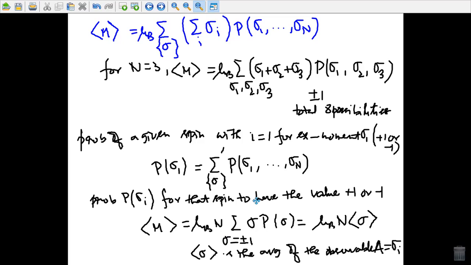Of course all the moments are equivalent, so there is no special significance of sigma 1, and the prime can be attributed to any other spin i. Then the sum of this equation represents the probability P of sigma i for that spin to have the value plus 1 or minus 1. Thus, we can denote all of them by P(sigma). So, eventually it turns out that the average value of magnetization is mu_B N times the summation over sigma equal to plus or minus 1 of sigma P(sigma), that is mu_B N times the average of sigma, where the average of the observable A is equal to sigma_i. So the transition,